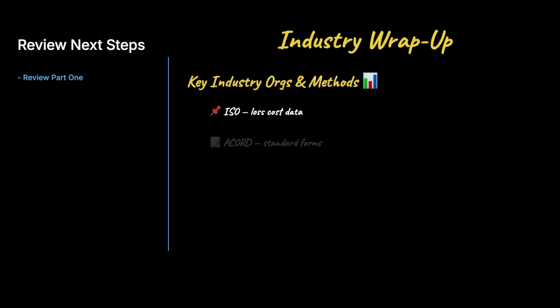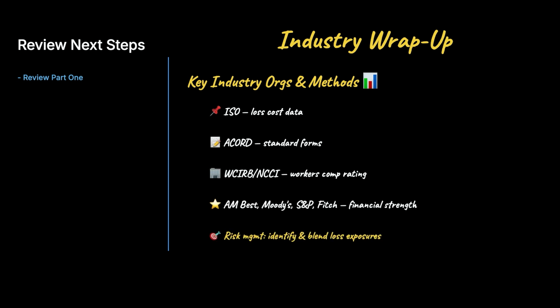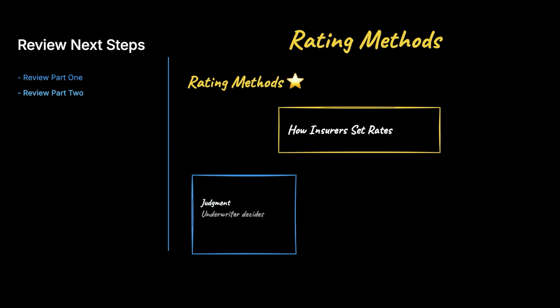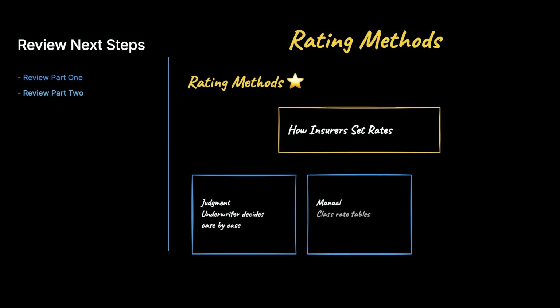Let us bring everything together as we close. You now understand the organizations that shape the industry: ISO with its loss cost data, ACORD with its forms, the WCIRB rating California workers' compensation, and NCCI nationally. You know the 4 independent rating agencies that judge financial strength and the risk management methods professionals blend to identify loss exposures. You can also separate direct losses from the indirect ripple losses that follow, calculate the loss, expense, and